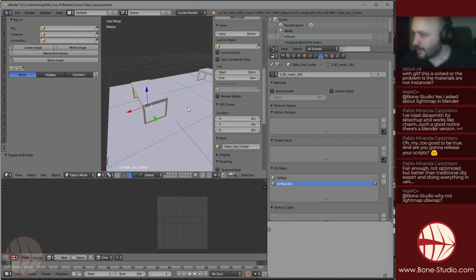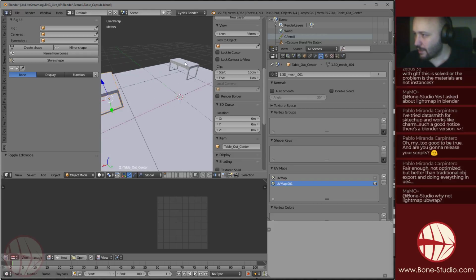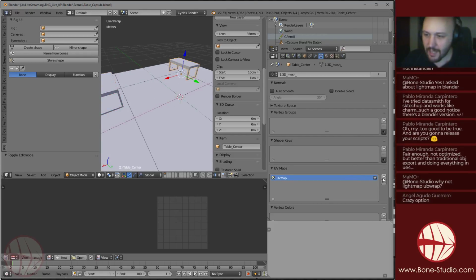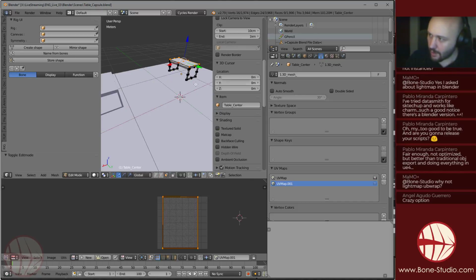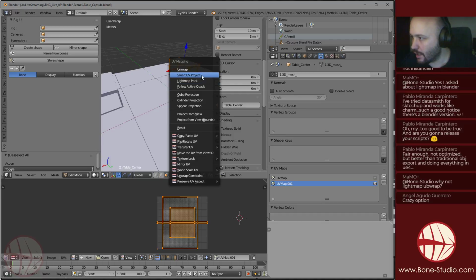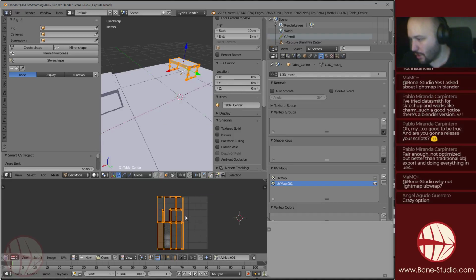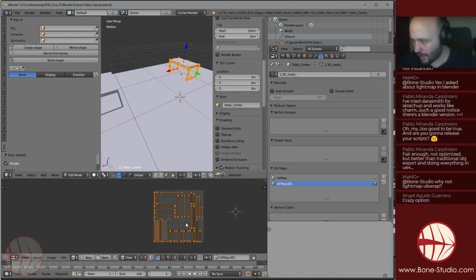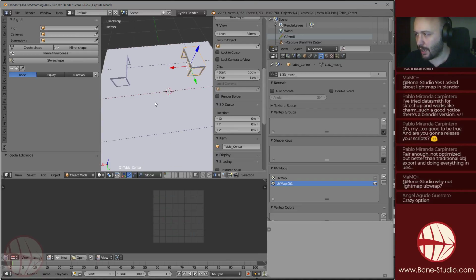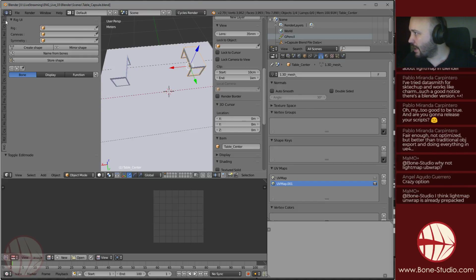So now let me repeat the same operation. In this case, I'm going to repeat the Smart UV project. It's not going to be the same, but I don't care. Again, I'm not going to use these UVs. These are going to be used by Unreal. So I have both objects. Let me save and let's go to